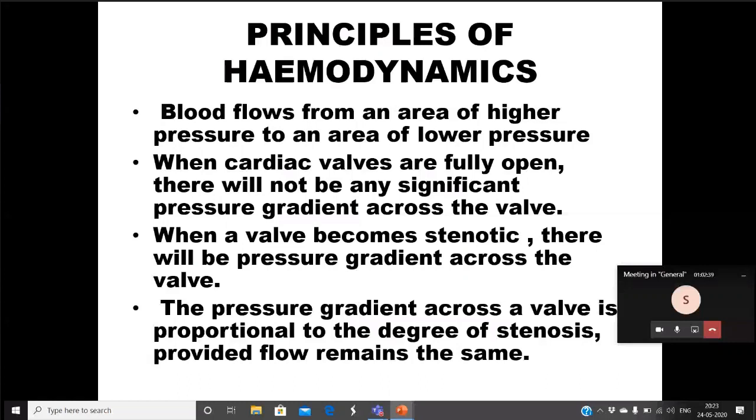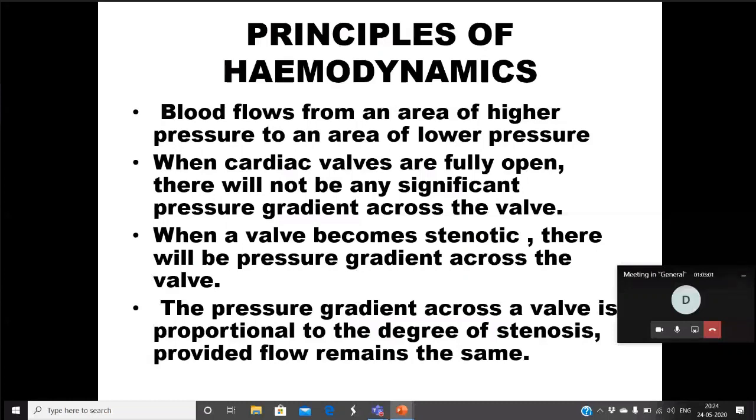No gradient, sir, normally. Mitral valve has a gradient which can be up to 3, sometimes 2 to 3 is taken as normal, but 5 is abnormal. You can have a mean gradient across the mitral valve of 2, across the tricuspid valve 1, and a peak gradient across the aortic valve.